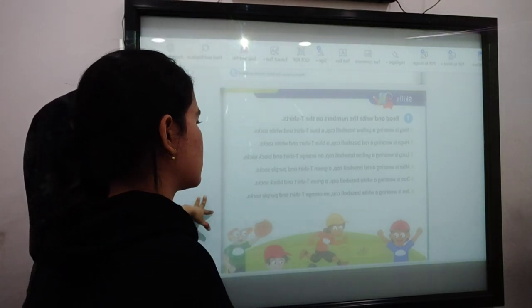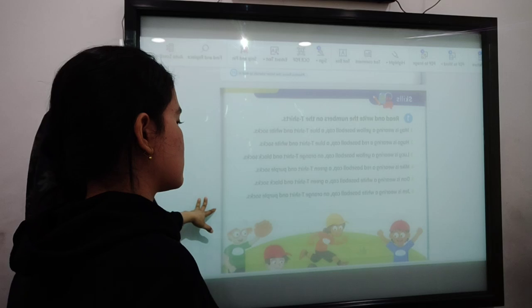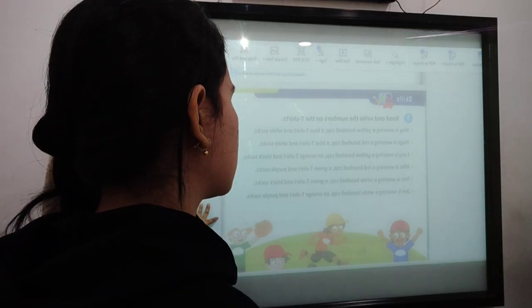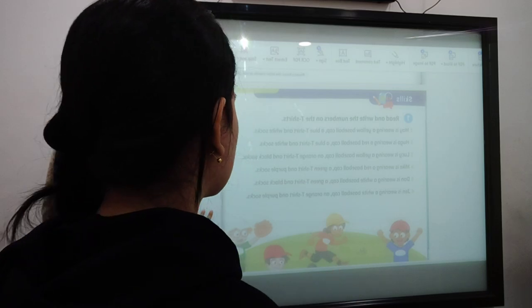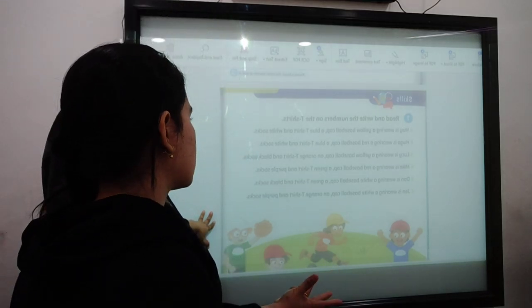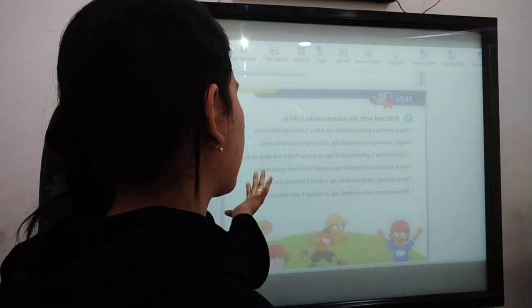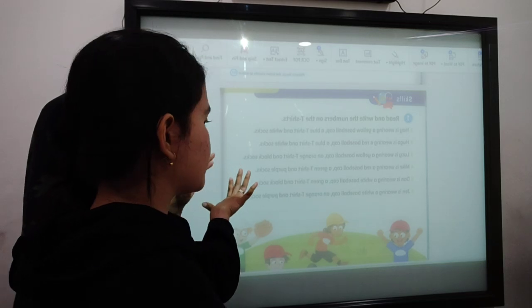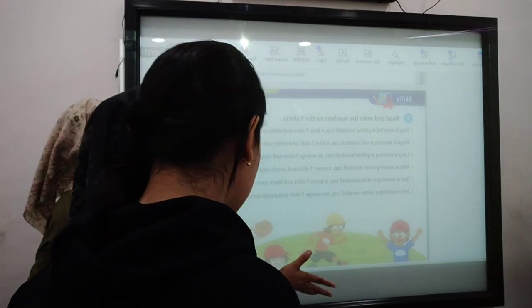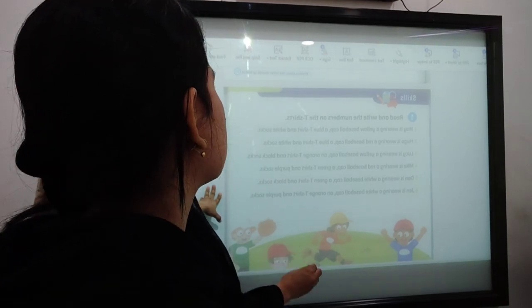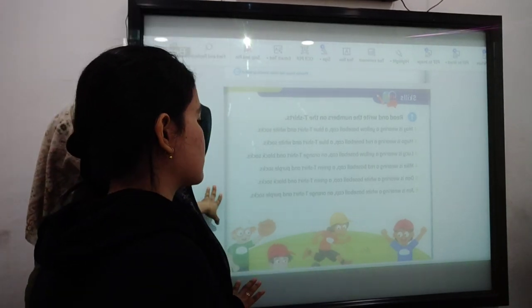And then afterwards, what is the lesson? The lesson is about some patterns that we see around us. For example, plant, flowers, stripes, zigzag, and dots. Okay, so there are 5 patterns that we have learned in our book. So for the special activity also we will learn. So we will do that part too.